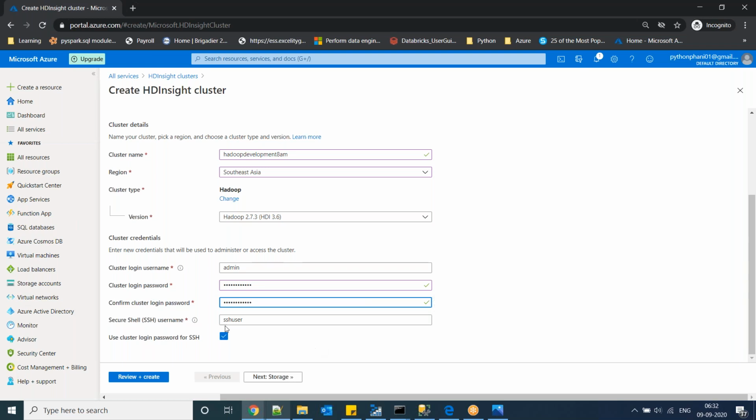Now choose the SSH user, then review and create.